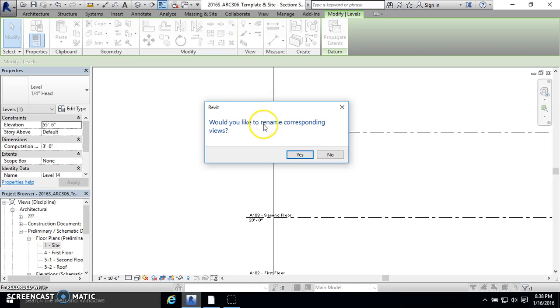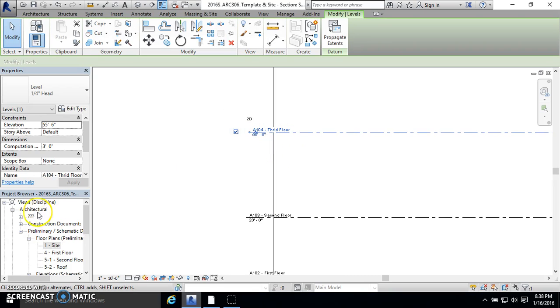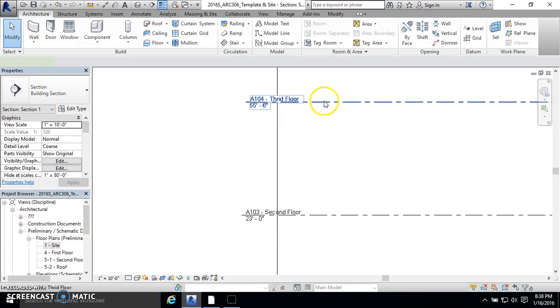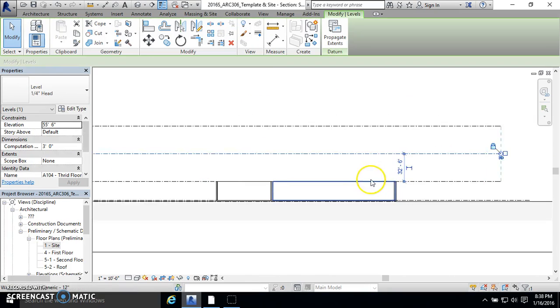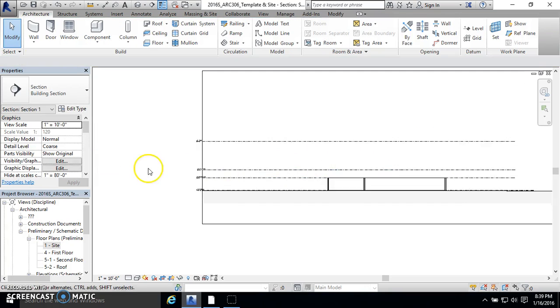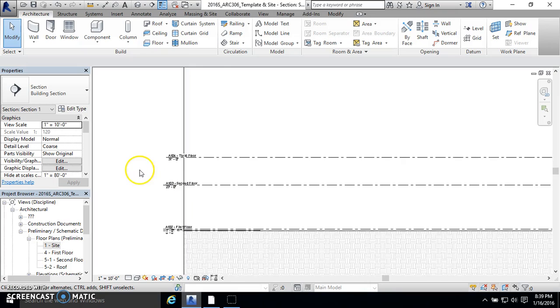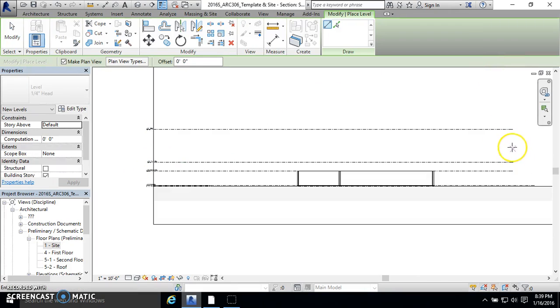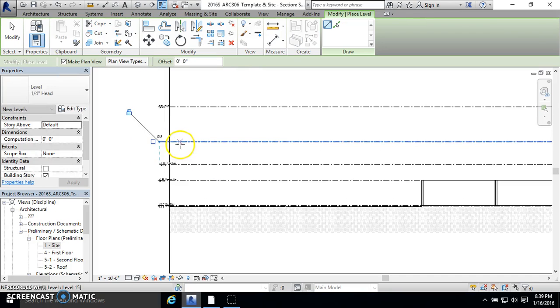And then when you said, I think I talked about this in the tutorial, this just renames the levels. So you just hit yes to that, and it renames those levels here. And then this, I'm actually going to do 14 feet above this. I'm not sure if that's going to be the actual dimension, but you guys can update that as you get into the project, once you know the actual heights